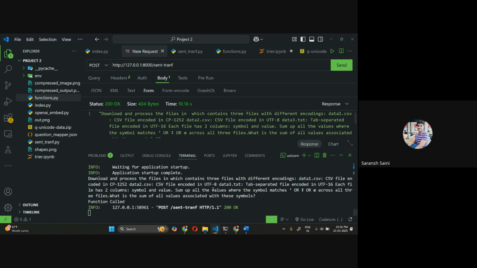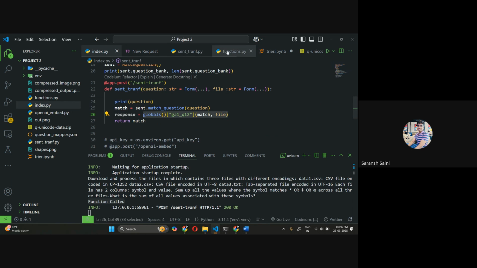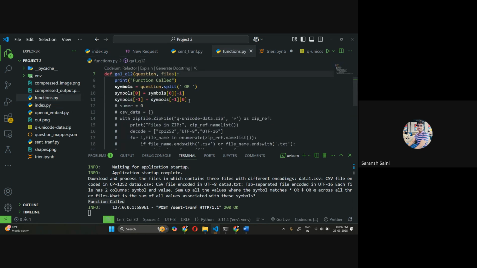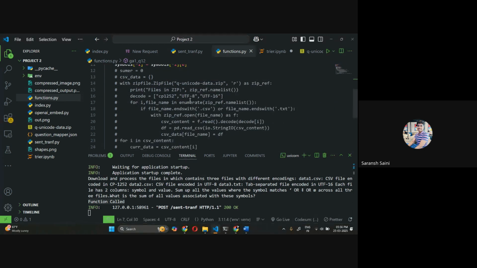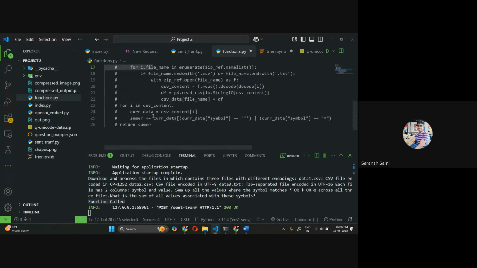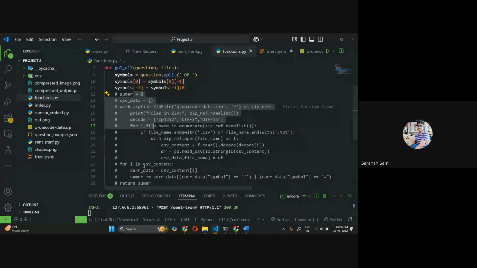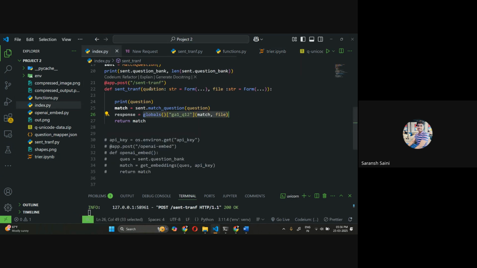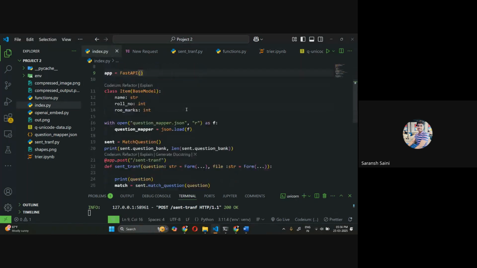Okay. So you guys can see this function called. So this means that the connection has been established and this is working now. The rest of the part is just solving this question, and that is what you guys have to do yourself. So this part is done, and now the next bit is we have to